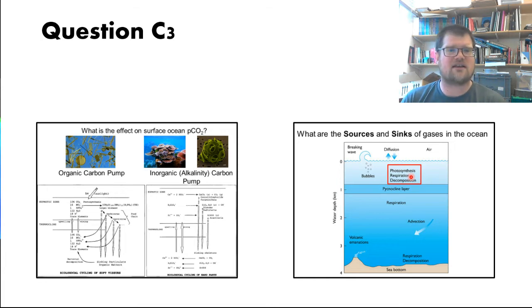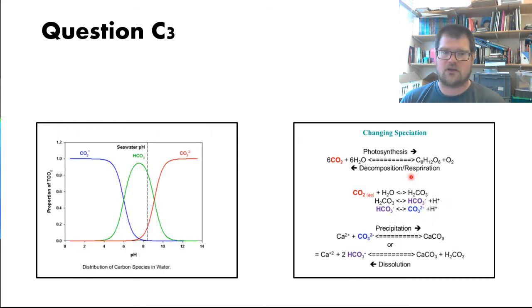And all of the things that control that speciation. So the pH of the ocean determines how much of the total inorganic carbon in the ocean is CO2, and how much of it is these other species. If you have a more acidic ocean, you have more aqueous CO2, so more can interact with the atmosphere and atmospheric CO2 goes up. Quite a lot of people got a bit of a mention of that,